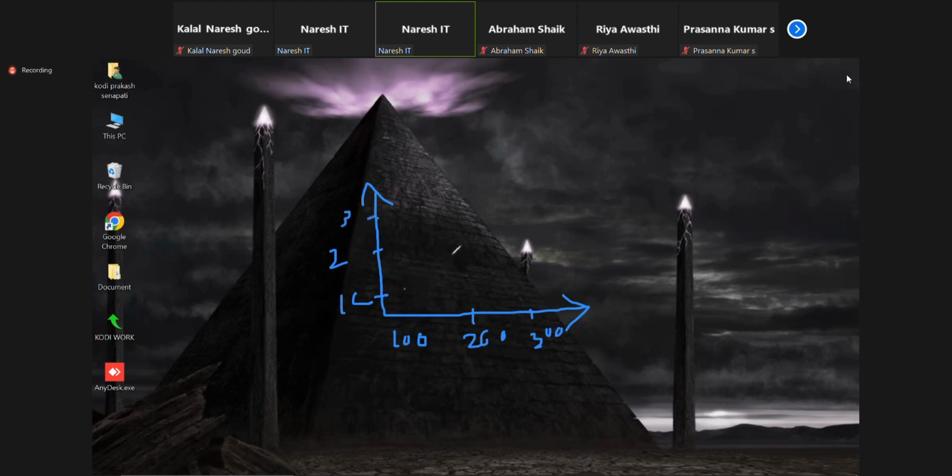If I plot the data points, what exactly output am I getting? Regression or classification? This is the x-axis, this is the y-axis. And what is the equation of the line? y equal to, what is the x to the power degree? 1. This is called a linear algorithm. What do we call it? Linear means straight line.